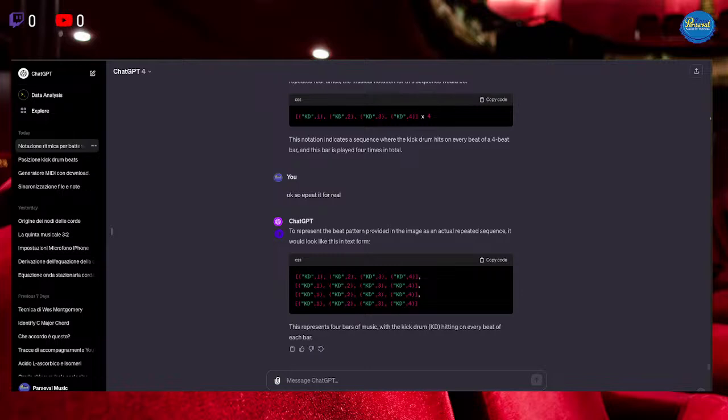Okay, I think this is fairly good. Now let's manage to modify slightly our very beautiful drawing and let's try to add some snare drum.